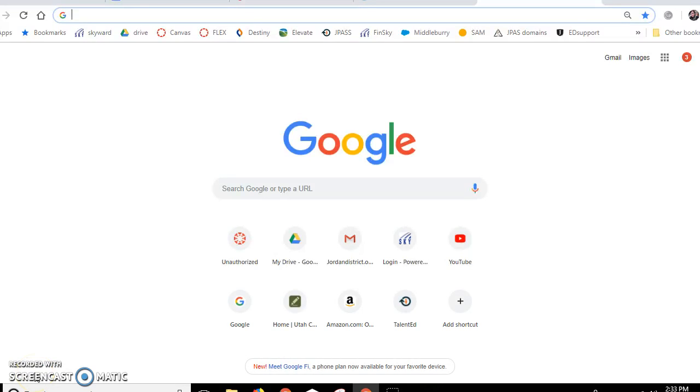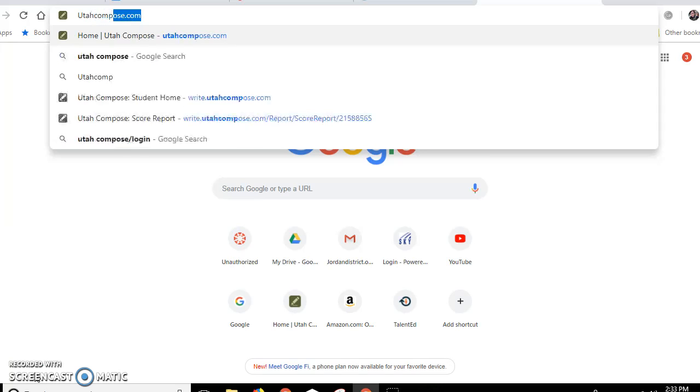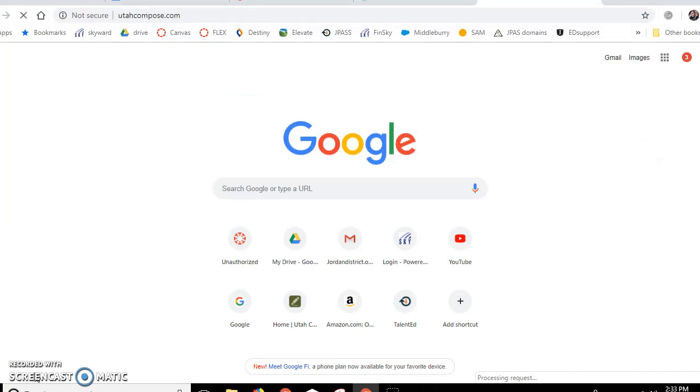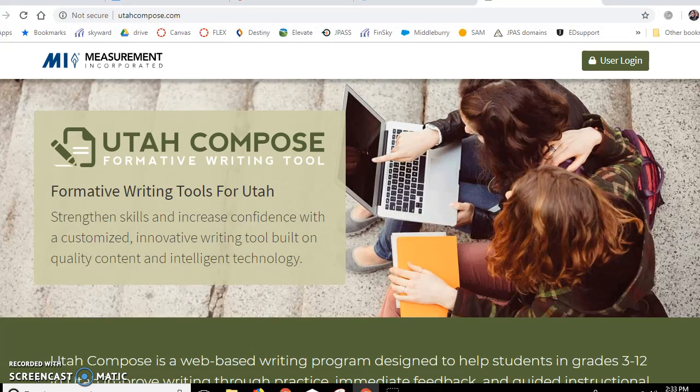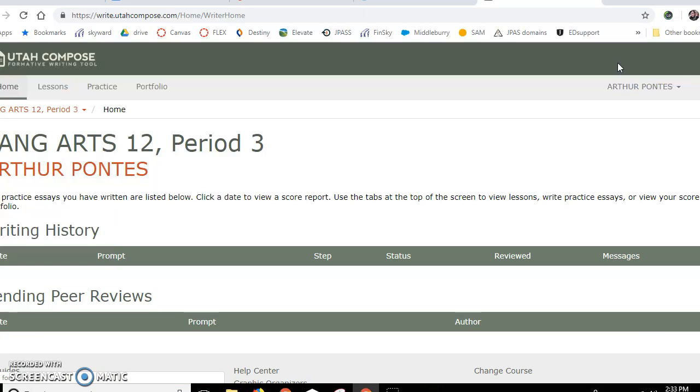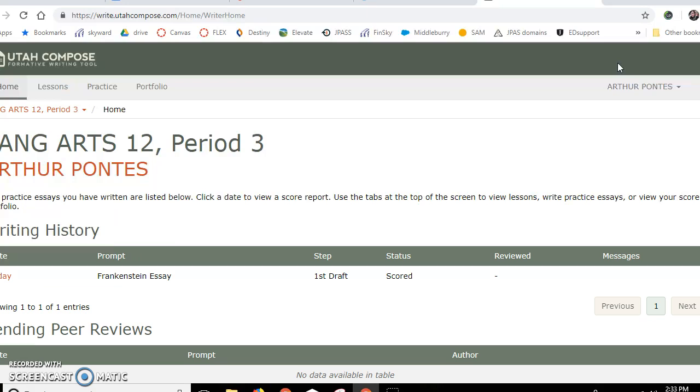To use Utah Compose, the first thing you're going to do is type in the web address, utahcompose.com. When you get to this page, you will go to your user login. And I have created a user login for all of you already. And so